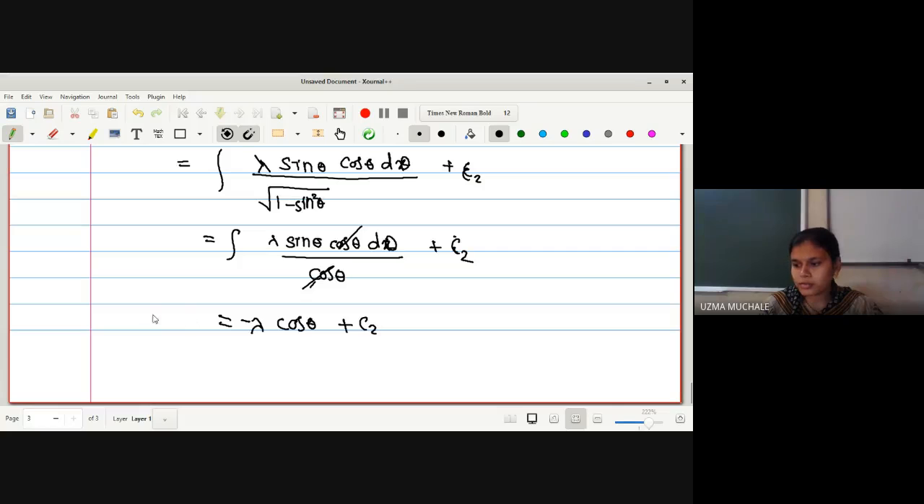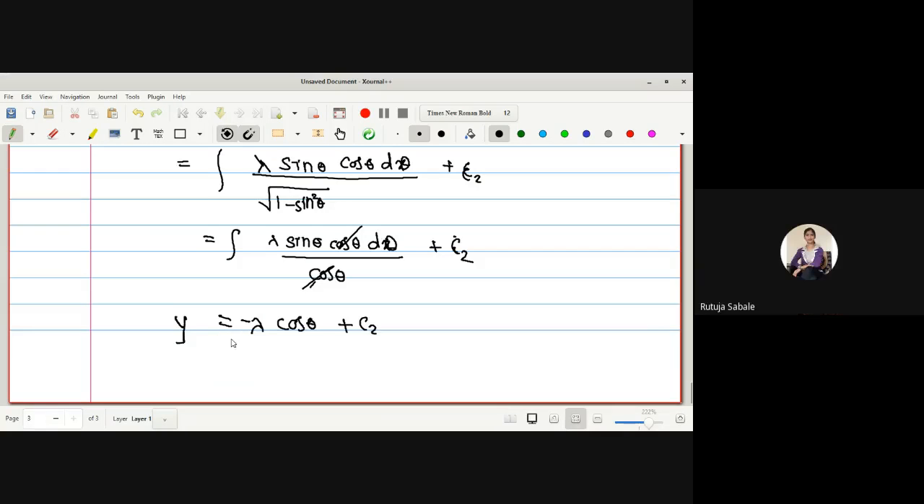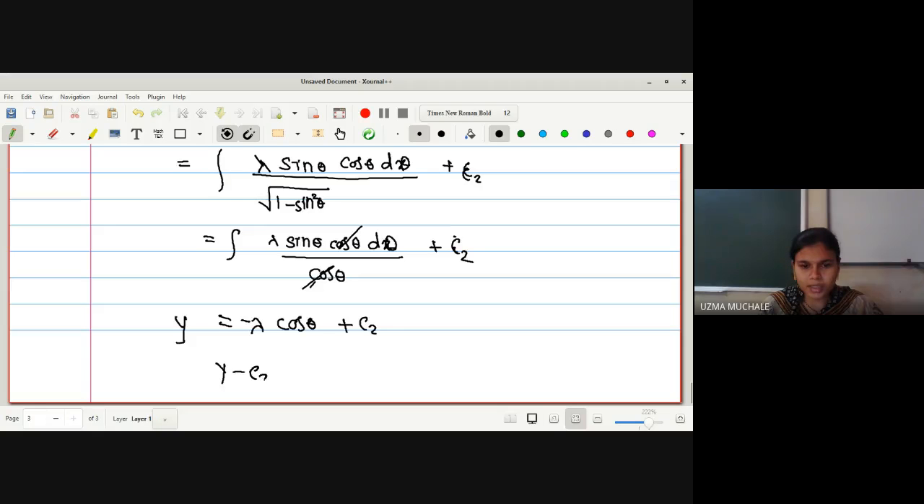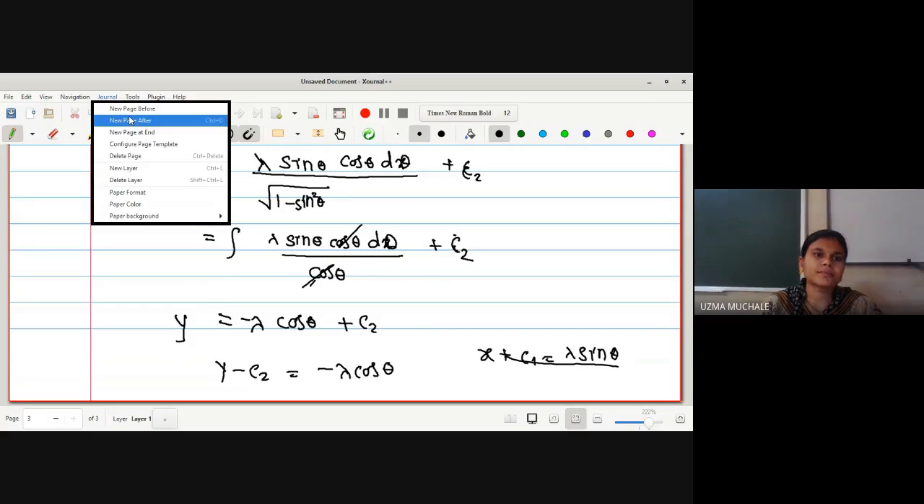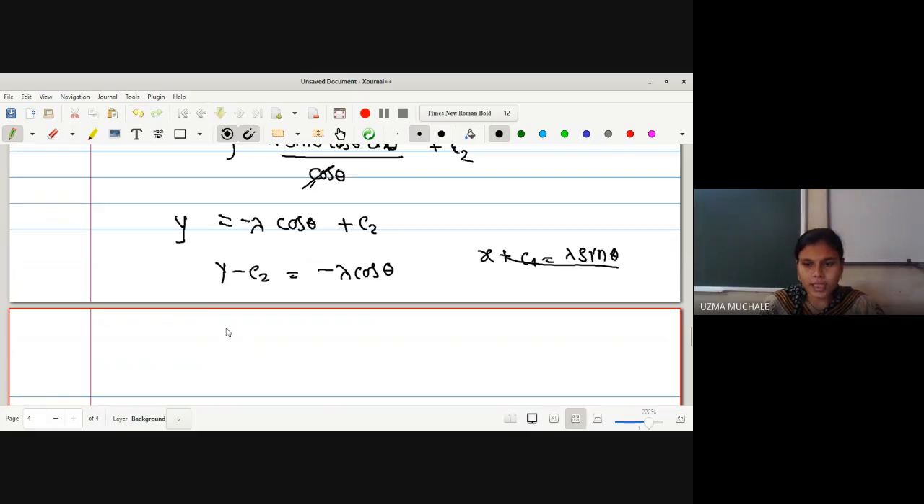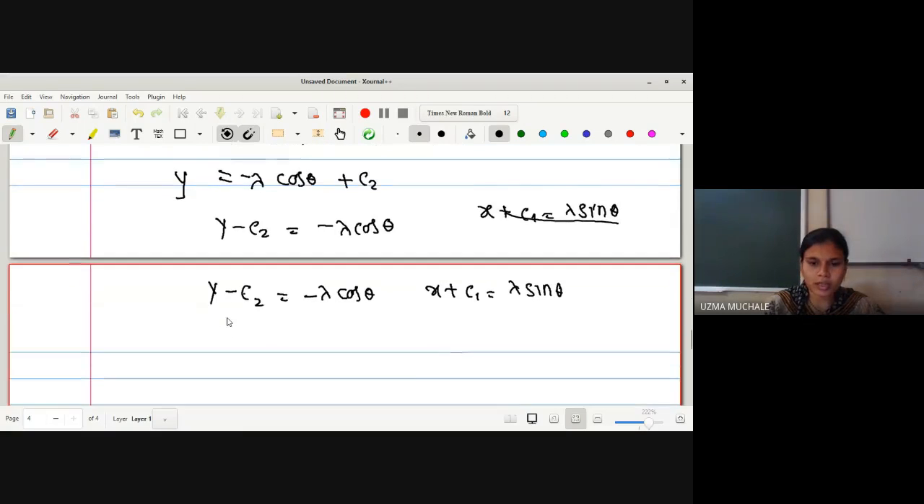And what is the term here? It is nothing but y. Okay. So what we get, y minus c2 is equal to minus lambda cos theta. What was your x? We have x plus c1 is equal to lambda sin theta. We had substituted this, right? So two equations I am getting. y minus c2 is equal to minus lambda cos theta, and the second equation is x plus c1 is equal to lambda sin theta. Now if I take the square of both equations